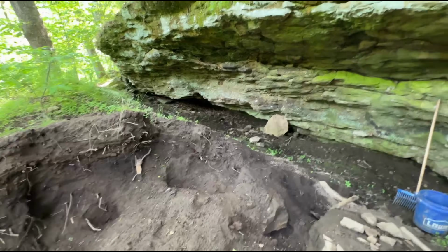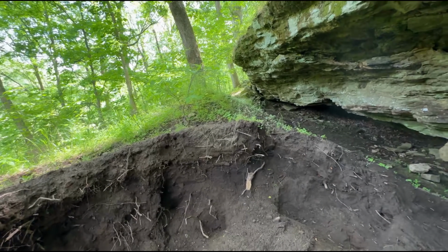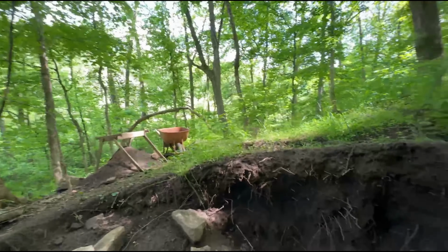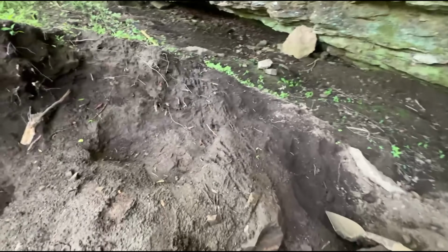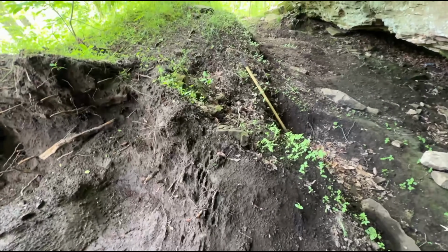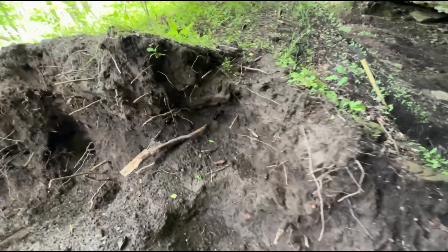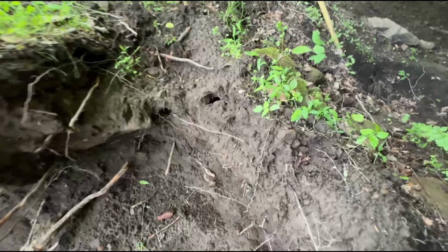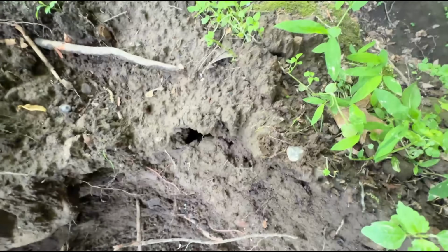Every time we get here, especially if there's been a rain, we like to just surface hunt. Look at all the obvious spots where the rain's cleaned it off, see if it's washed anything out. And I was just poking around. I don't know if this is anything or not, but if you're watching this and it was something,